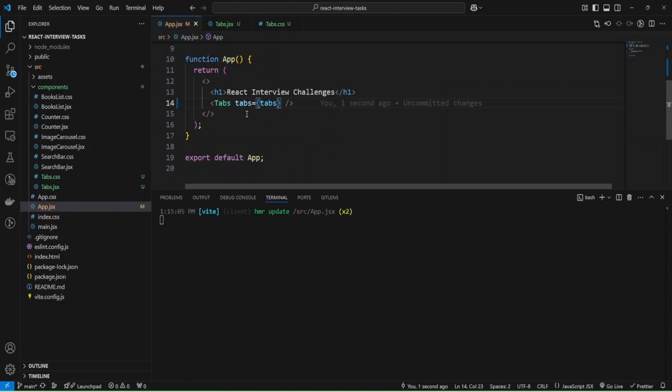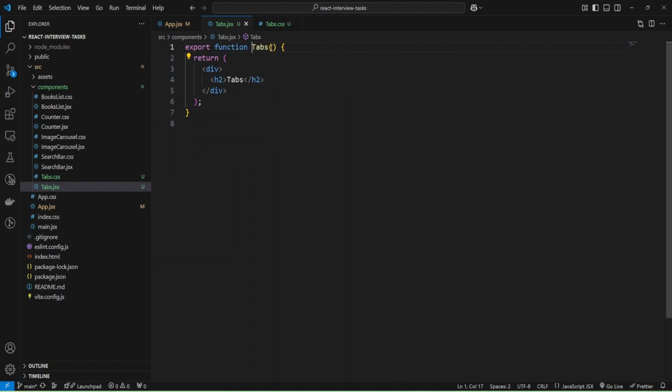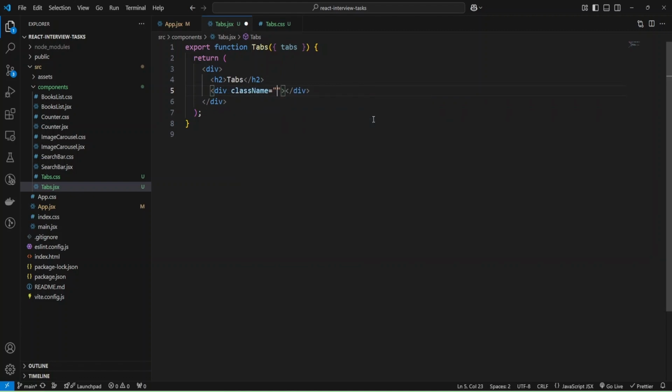Okay, and now let me hide the panel. And now in the component Tabs we can retrieve our tabs prop using object destructuring. And now I can add some div and provide some class name, and let me add tab buttons.